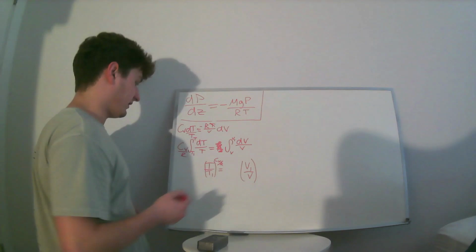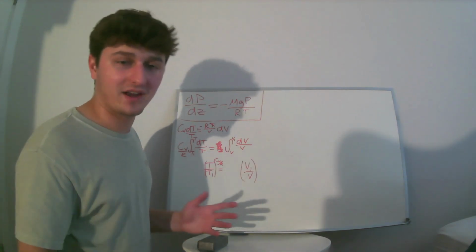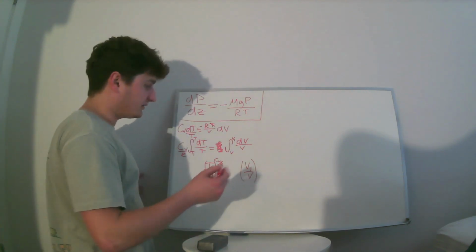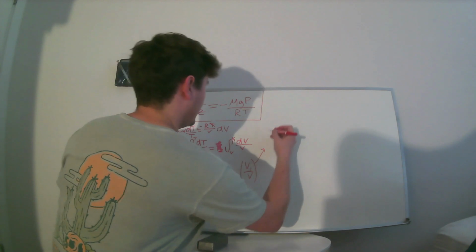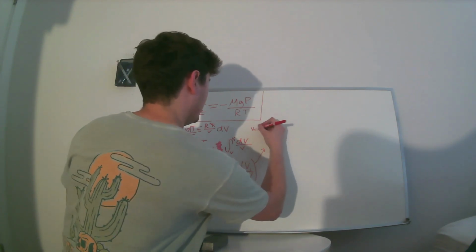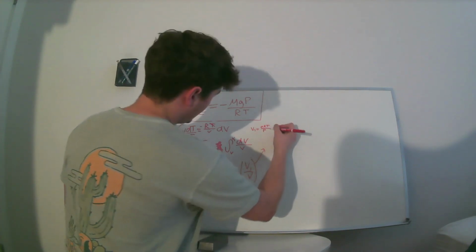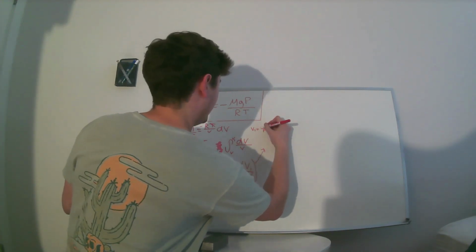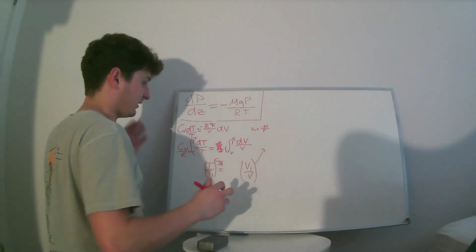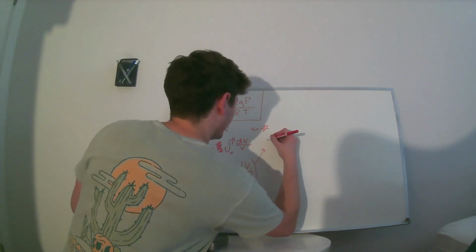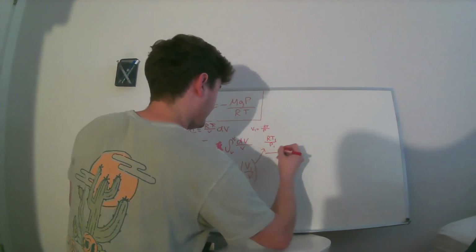Now, what can we do with this? This term is kind of stuck. There's nothing we can really do with it. We can move it over there, but we haven't made any progress. So what we're actually going to do is take this right here, which we know V1 is going to equal nRT over P. But V equals RT over P. Okay, yes. So what we're going to have is RT1 over P1, all of this divided by